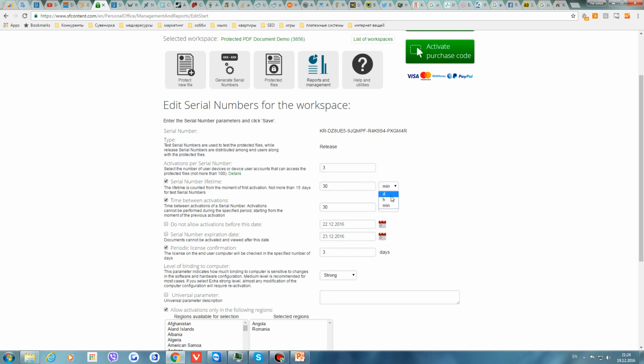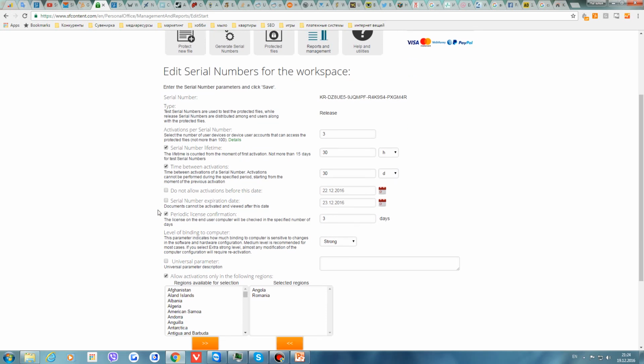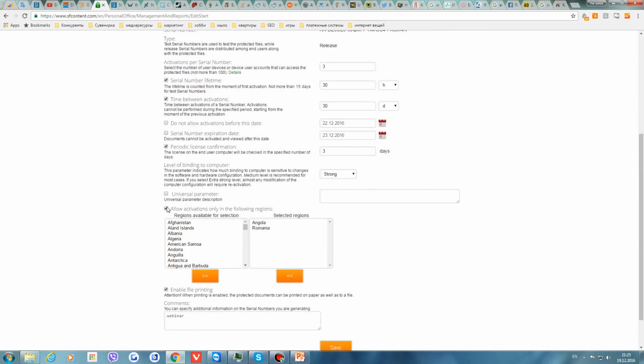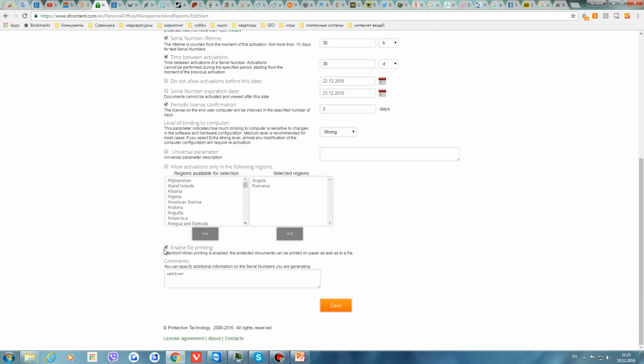We can select hours instead of minutes. Okay, I remove ticks from do not allow activation before this date, and serial number expiration date, and what else, and geographical restrictions, and enable file printing.